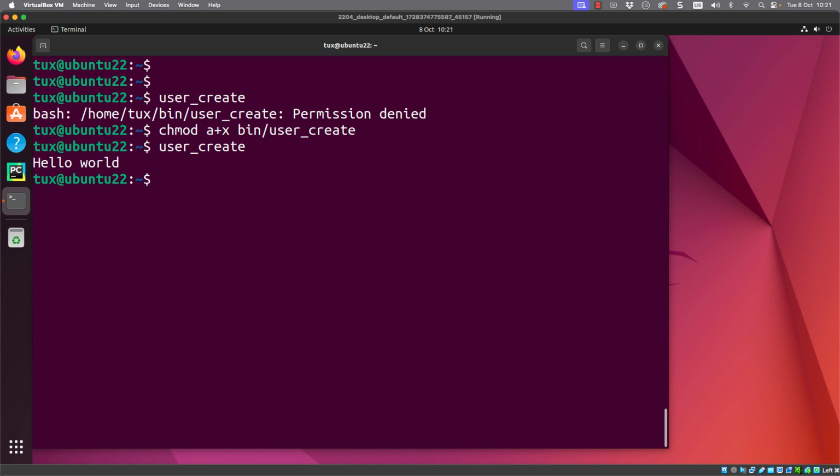However, if we didn't want to create that extra subdirectory bin and modify our path statement, we could just move into the directory and run ./user_create. So we're providing the path through to the executable, so we're no longer using our path variable. But for ease of development, it does make sense creating your own bin directory for scripts that you are developing before they're pushed into production.